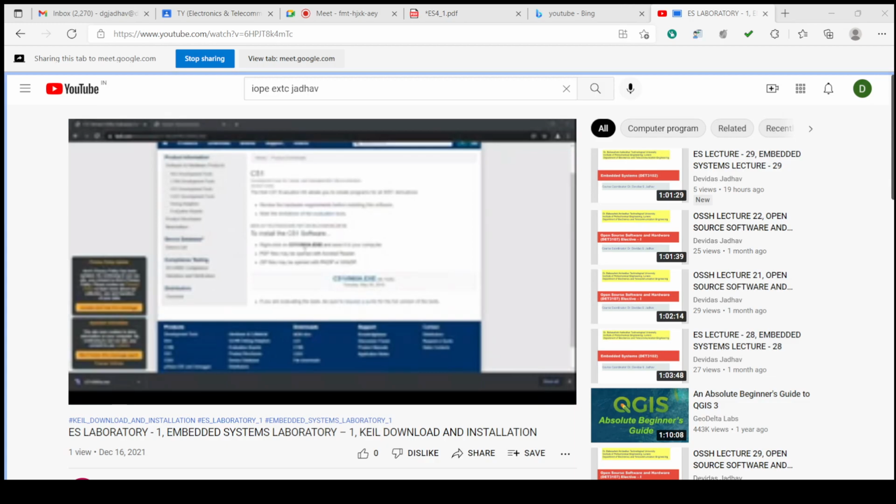Double click this. Do you want to allow this app to make changes in your device? I will put yes. And this setup program installs Keil C51 version 9.60. This setup program may be used to update a previous product installation. However, you should make a backup copy before proceeding. Presently in this particular system, no Keil is there, so no previous programs are available. So I will directly go to next.